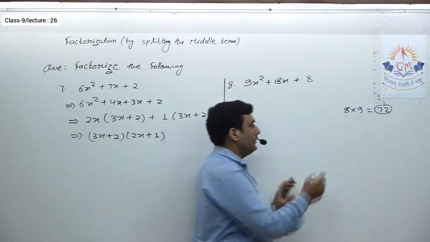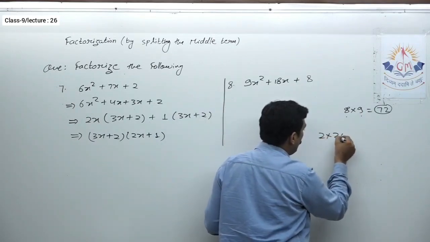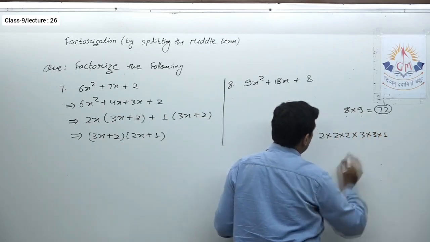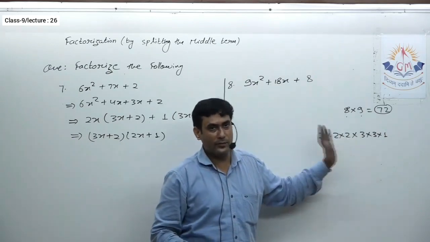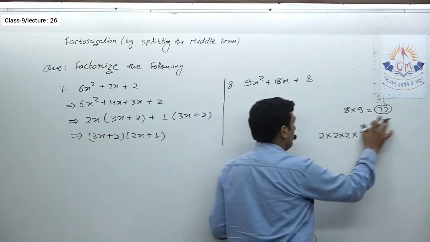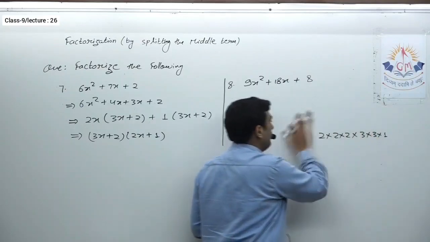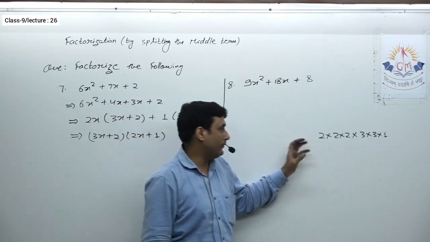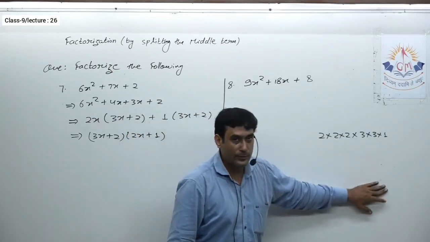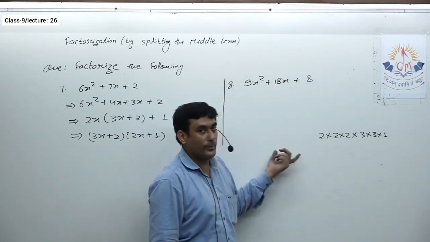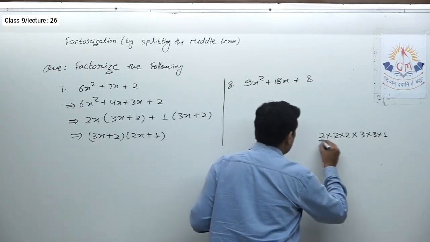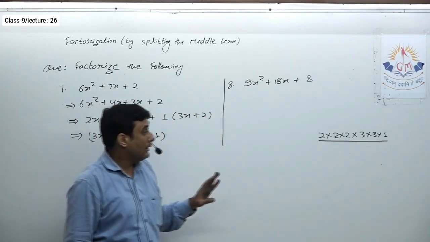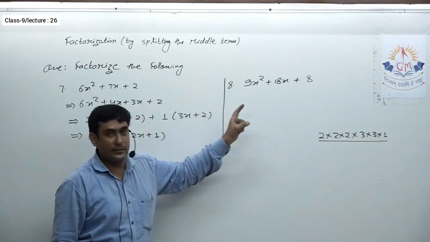First I multiply, then I find factors, so it's quite easier to find the factors of 8 and 9 separately. So factors of 8 are 2 multiplied by 2 multiplied by 2, and factors of 9 are 3 multiplied by 3. And 1 we always write, because 1 is a factor of all numbers, isn't it? This will save your time, first in multiplication, and then in finding the factors, because factors of a smaller number can be obtained in a little less time. Now these are the factors. We have to arrange them. We have to make two groups out of these 6 factors such that we get sum as 18.